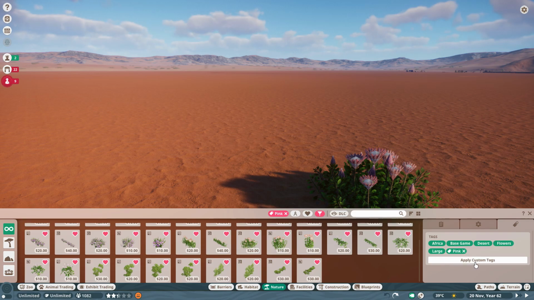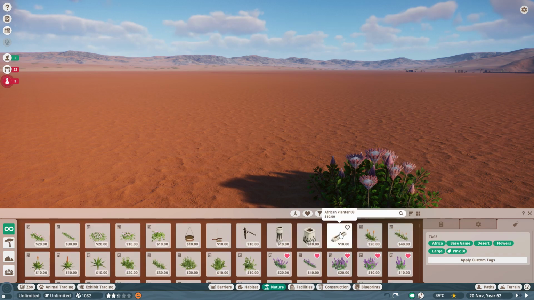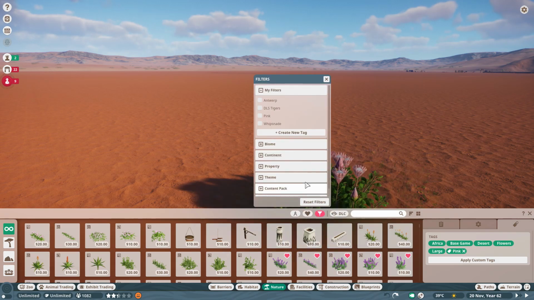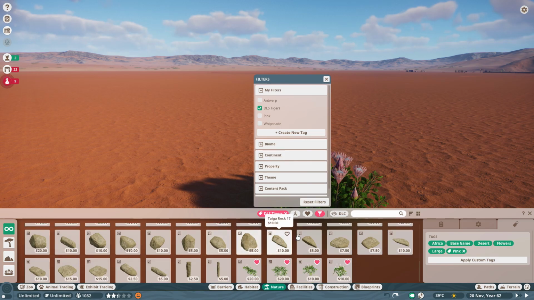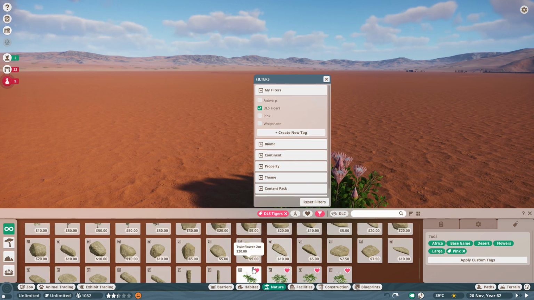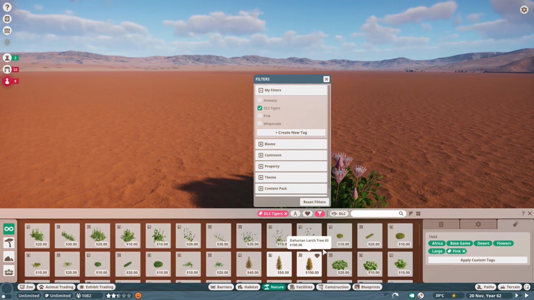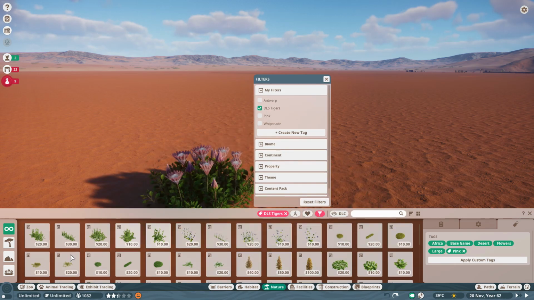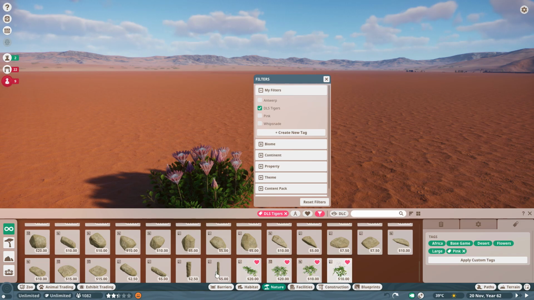You can do more custom tags if you wish. You can have as many as you like, as far as I know. I don't know if there is a limit, but it depends how you want to use it. You might only want a couple of things. As you can see in my ones, I've got just a few. So my contest entry for the tiger contest that I did, I had a specific group of plants and rocks that I was using throughout, and I just wanted to use all these same things throughout the whole map. So I created a tag, applied it to all of the items that I knew I wanted to use throughout that map,